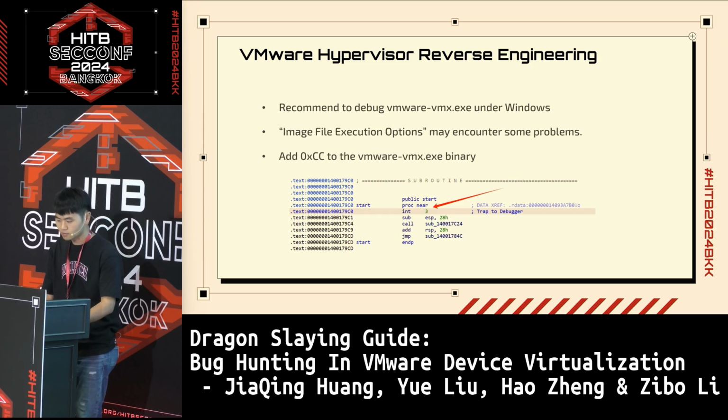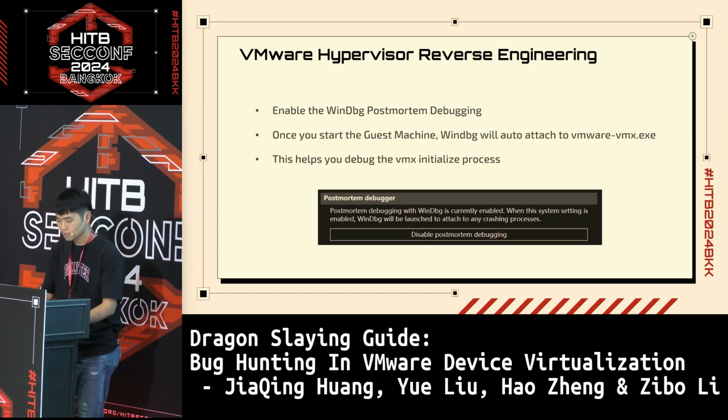It's important for us to debug the VMX initialization process, so we need to attach the debugger to the VMX from the start. Normally, it should be possible to do that by configuring the Image File Execution Options, but it won't work on VMX. So we add a breakpoint at the entry point of the VMX binary. Next, we enable the WinDbg post-mortem debugging option. Now, once we start the guest machine, the VMX will crash due to the breakpoint, and WinDbg will